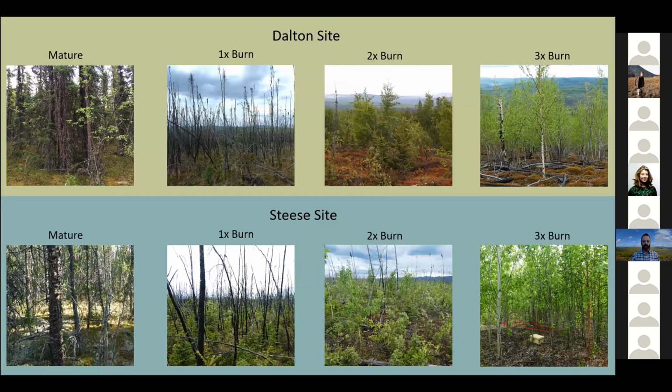And this gives you a similar visualization of what those burn progressions look like. So on the left, you have your mature unburned forest, roughly about 100 to 120 years old. 15 years after a burn, you can see there's a lot of standing dead trees and actually a large amount of a low understory reappearing. 2-time burns, it depends on the site, it's a little more complicated, but we start seeing a lot more deciduous shrubs and trees come into play. And by the 3-time burns, we saw a lot more homogeneous deciduous tree cover, including birch and aspen.